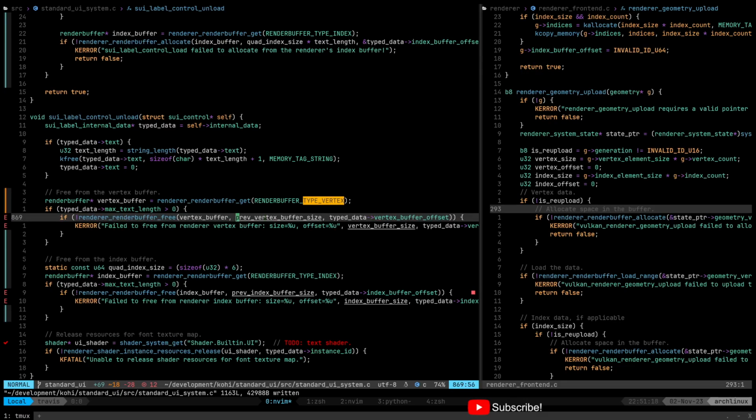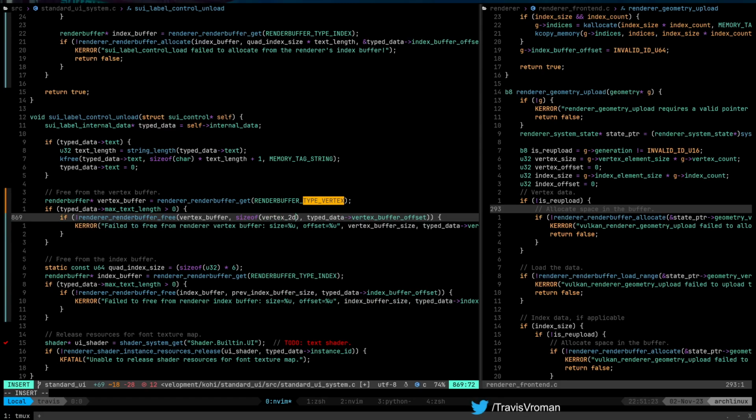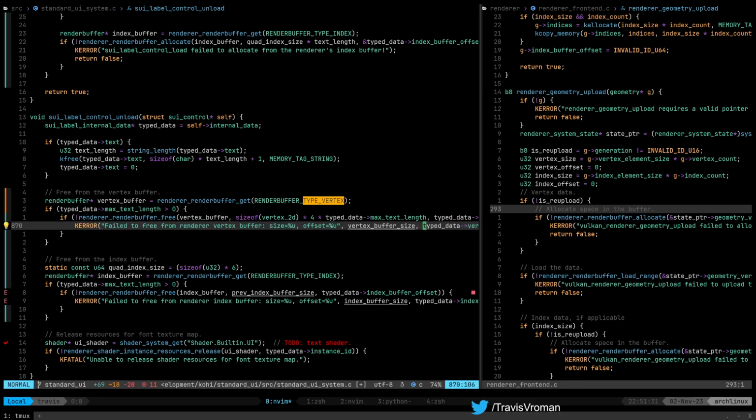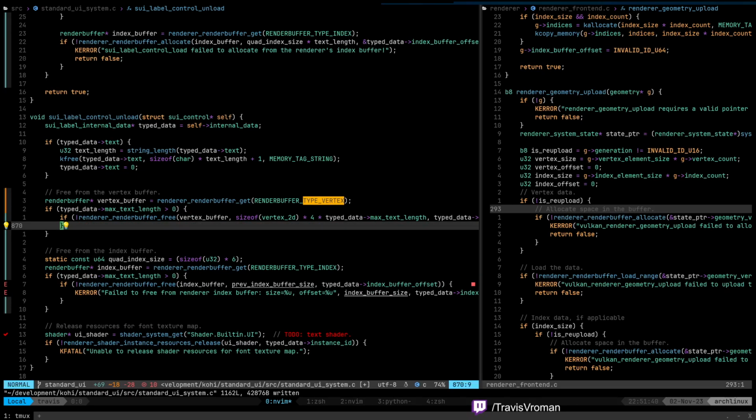So I guess we'll just calculate this manually here. Size of vertex 2D times 4 times typed data max text length. And you know what, we don't really care if we fail to free here. I'm not even going to bother with it.